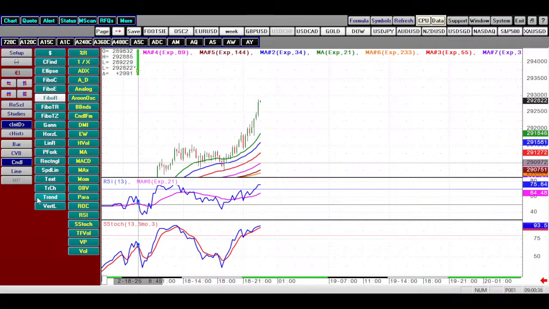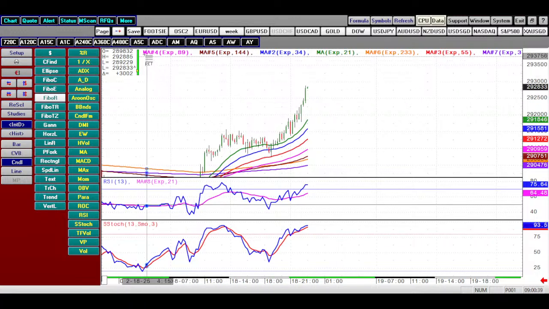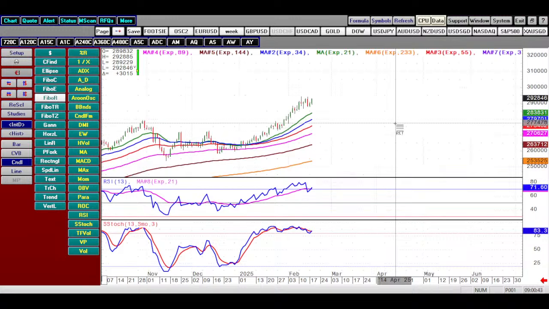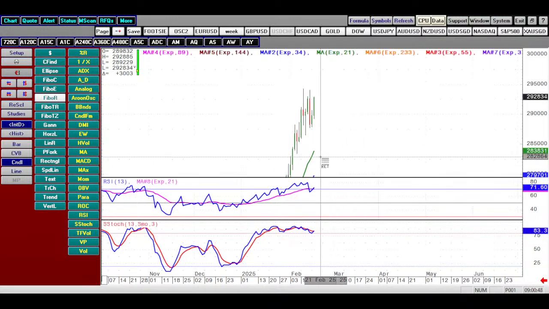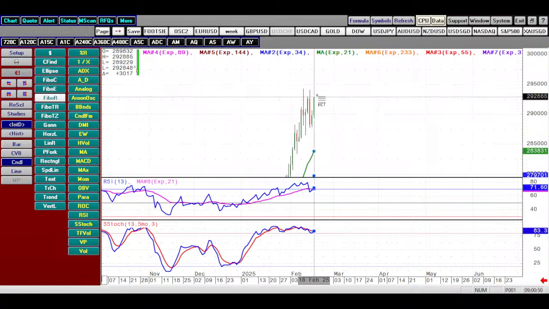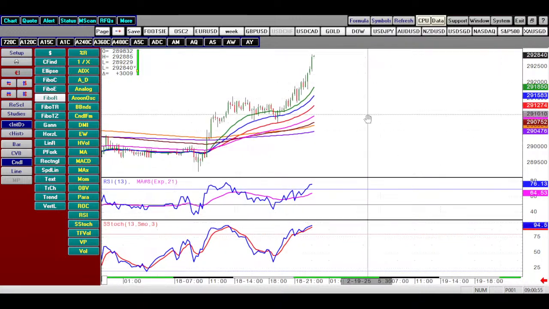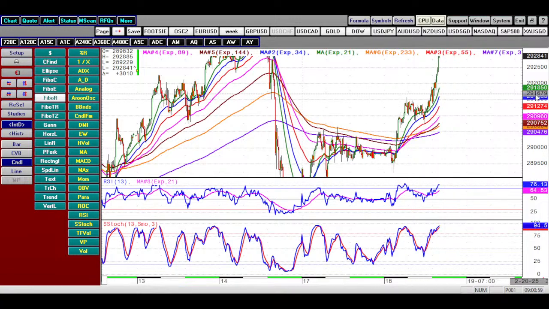Okay, if the gold doesn't turn from here, then I think we have to do a further projection. The next level I'm looking at is, I don't think it can go up to 40, but let's see. Because right now I'm already seeing